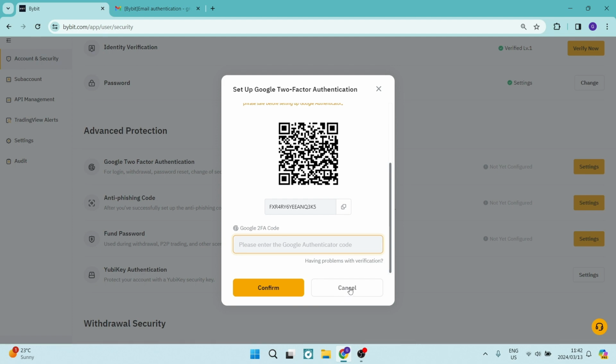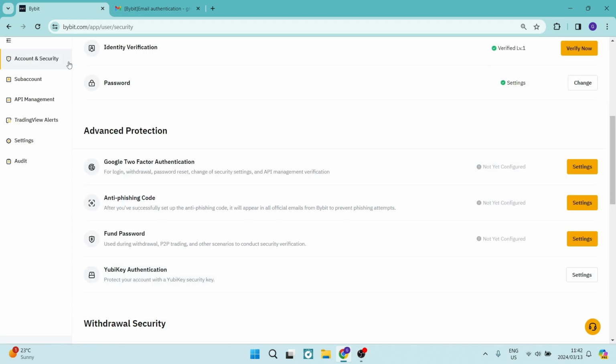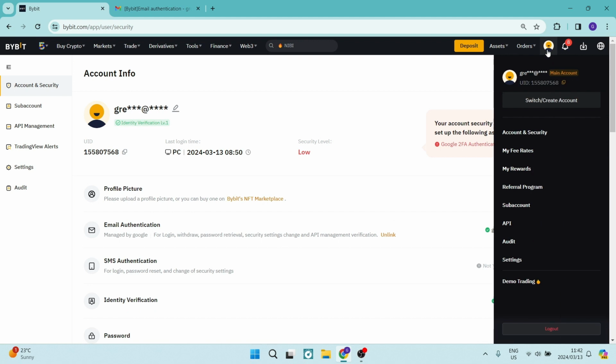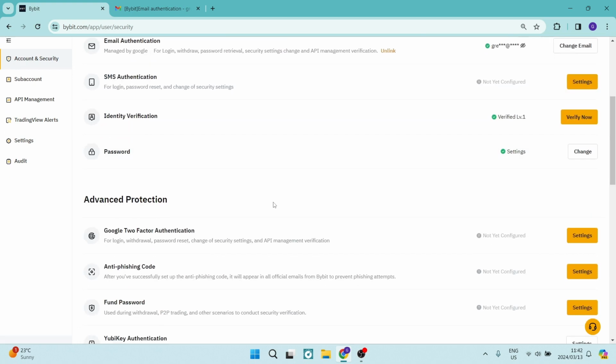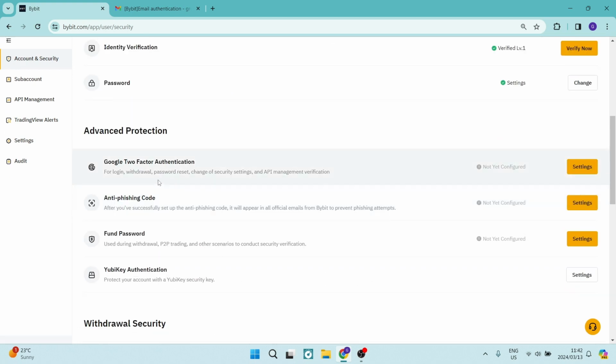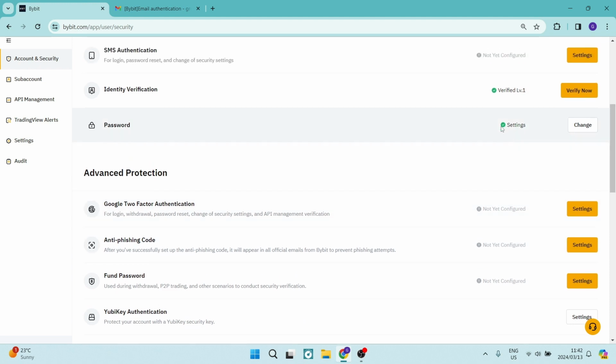Now, once you've tapped on confirm, you will have to then log out. So you'll have to go up to your profile picture again and all the way to the bottom and tap on log out, and then you can log back in. And once you've done so, if you come back to the settings menu, you will see that over here it has a green tick just like this, and you can toggle that on and off given that you have the